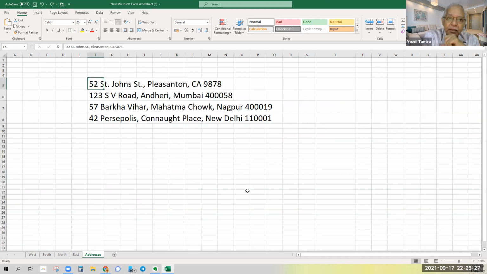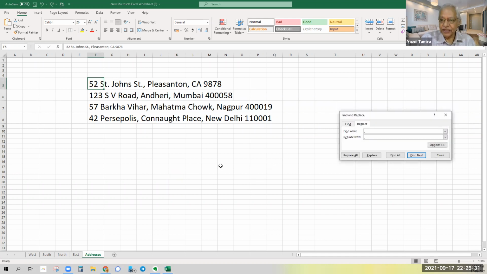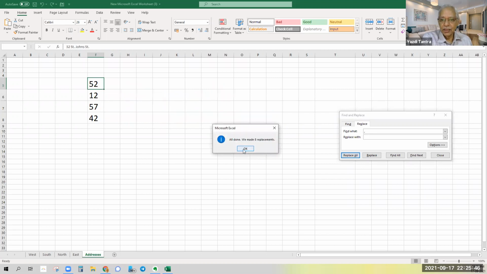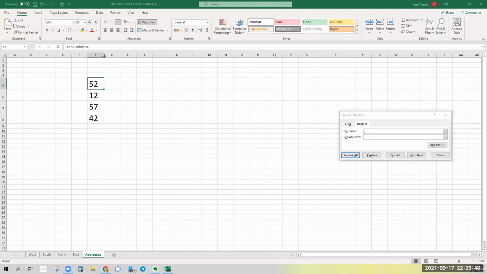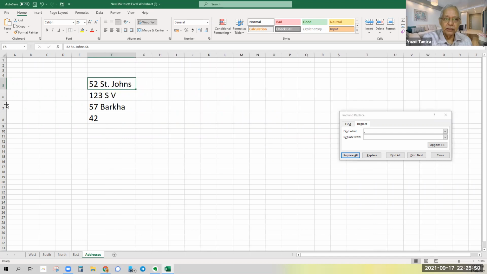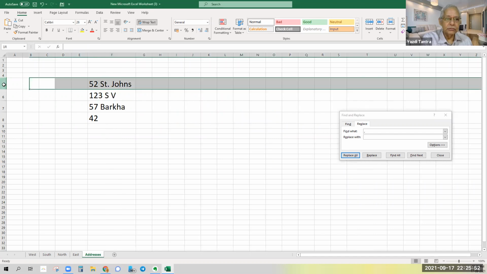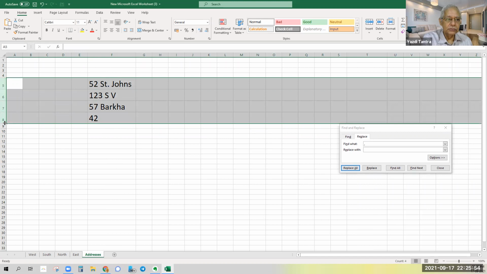Here we are. So Control H is find and replace. Find all the commas, and wherever there is a comma, I want to put an Alt Enter, which is Control J. Then I say replace all, and then it's a matter of just pulling this and resizing all the rows.